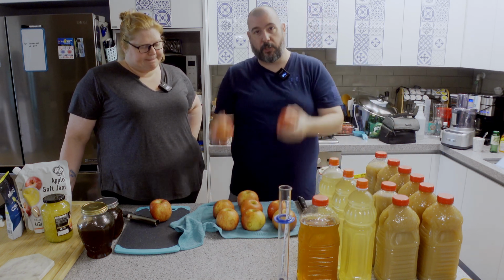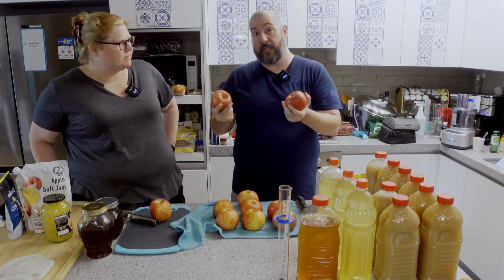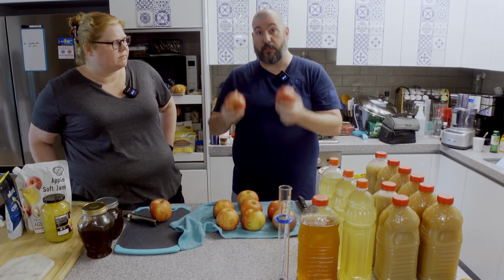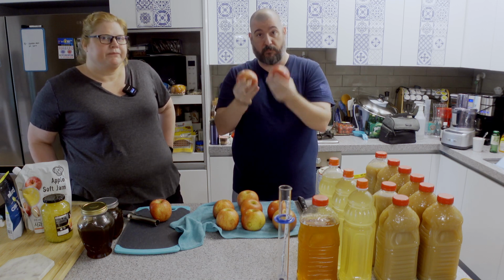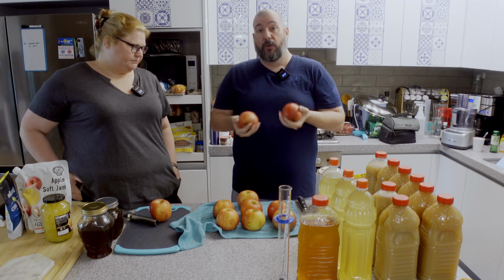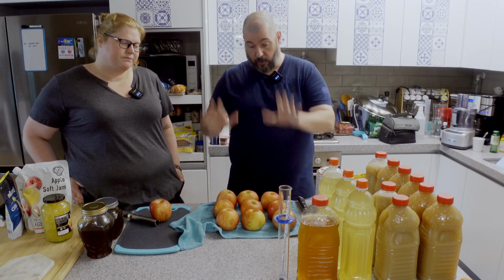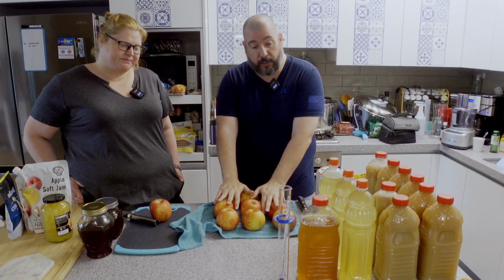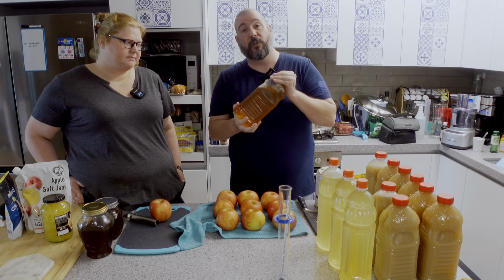And then of course we have Korean apples. Now I believe it's called an apple barrel brandy when you take actual apples and mash them up and pour water on them and ferment them in the barrel that way. Well, we want apple flavor, so we're going to partially do that. We're going to core and chop and shred these up in the food processor, and we're going to use this base